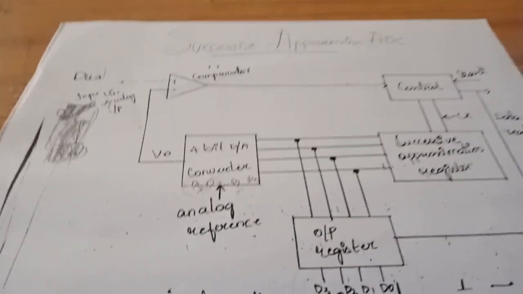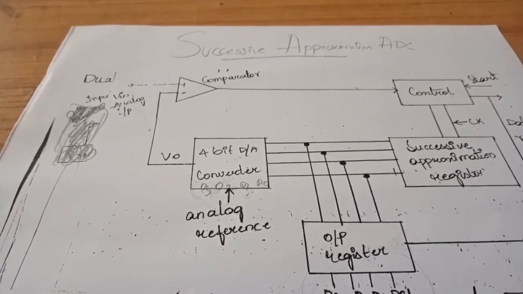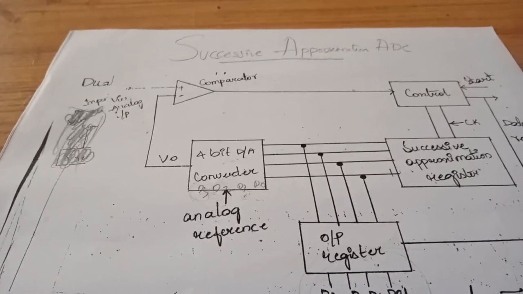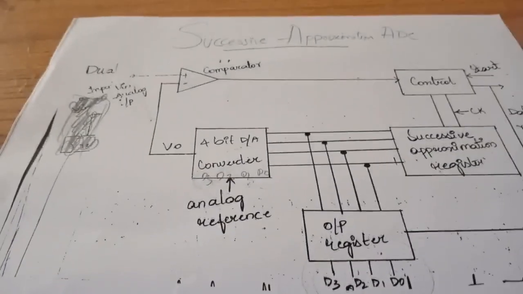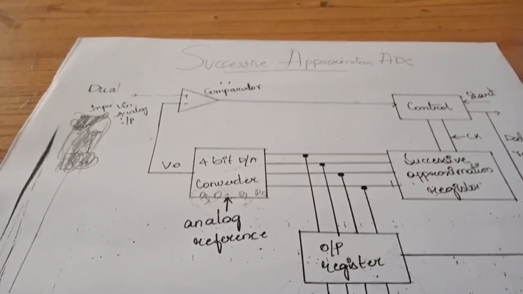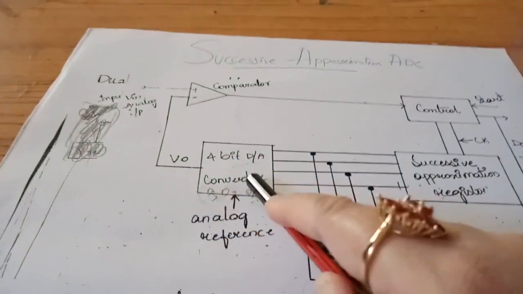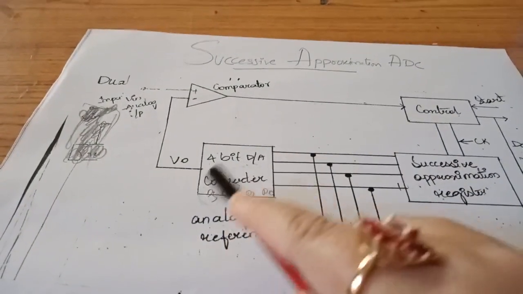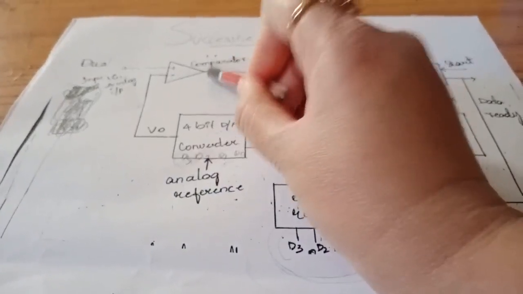Figure below shows the successive approximation diagram. In this diagram, it consists of different blocks: comparator, 4-bit converter, output register, successive approximation register, control logic. Then after that you should write, here the operation starts from the first, that is V in is nothing but the analog input. First in this 4-bit D to A converter, D3 will be turned on first, and it will check with the analog input. It will compare in the comparator with the analog input.